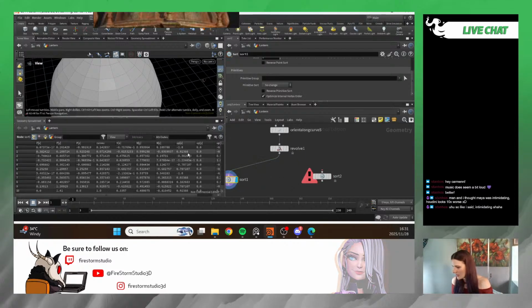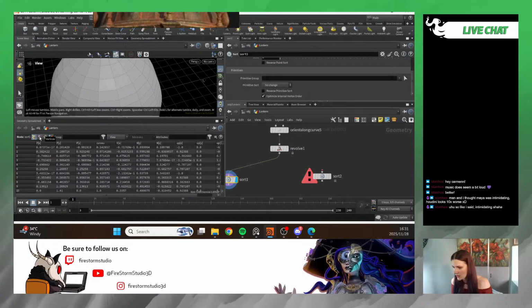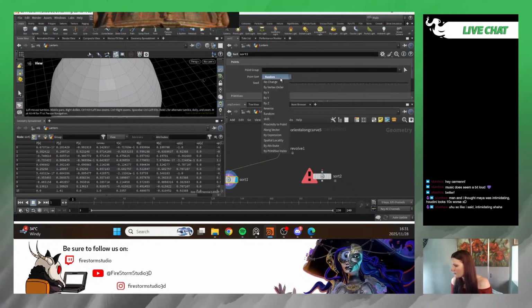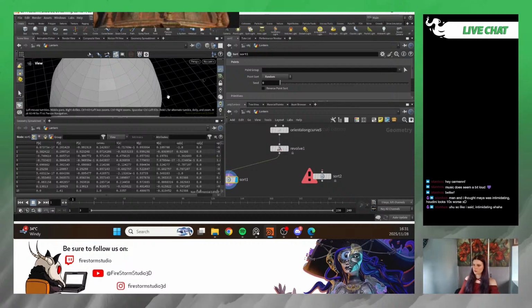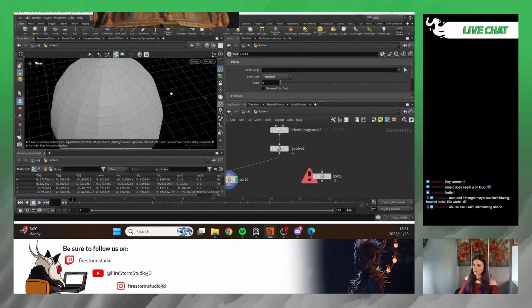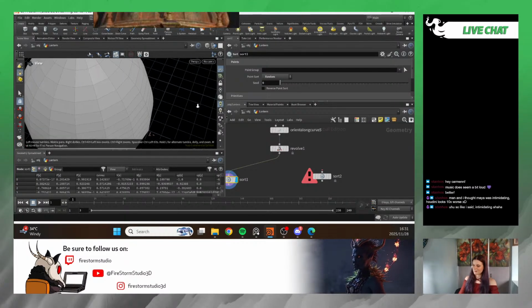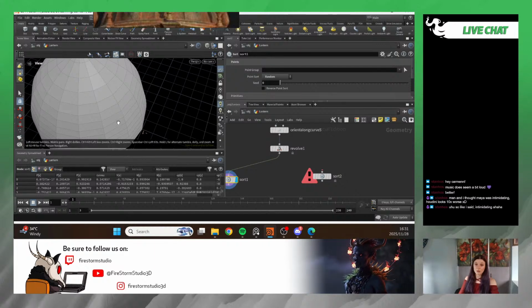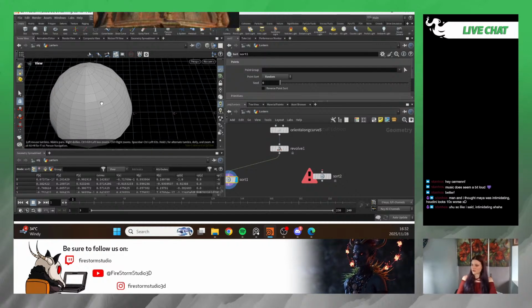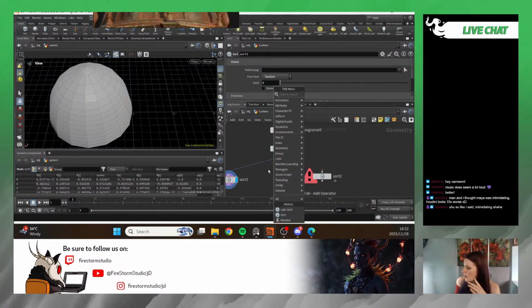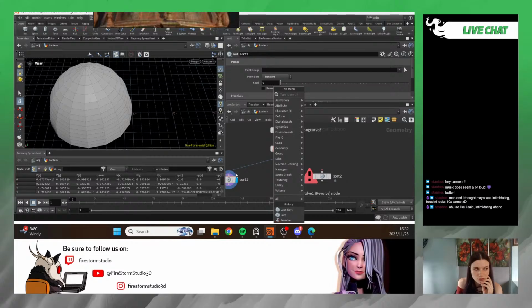I'd like to see what the attributes on this are, and point group. So that's a point group. Point group is not going to help me, so that's only going to select points. And selected points won't work because we're not looking for points, we're looking for polygons. Right, so it's not a sort node. It could be, it's not going to be a resample. It could be,